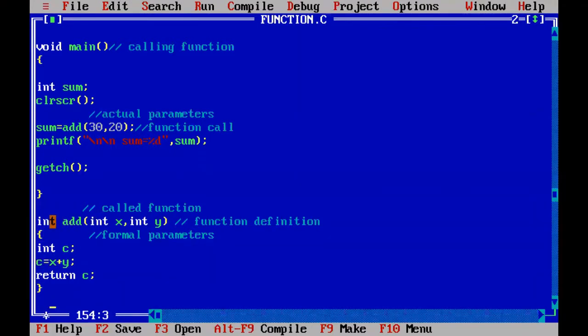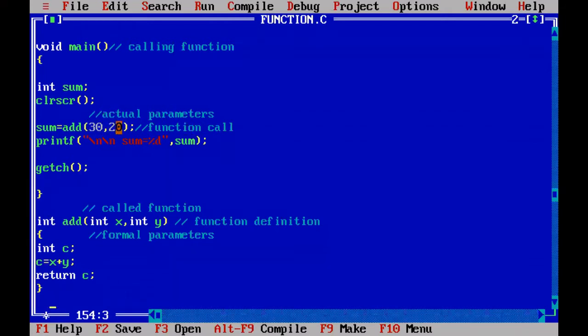That means the function is returning some value which is integer type. So after execution of this function, the same value stored in c, 50, I am returning back.